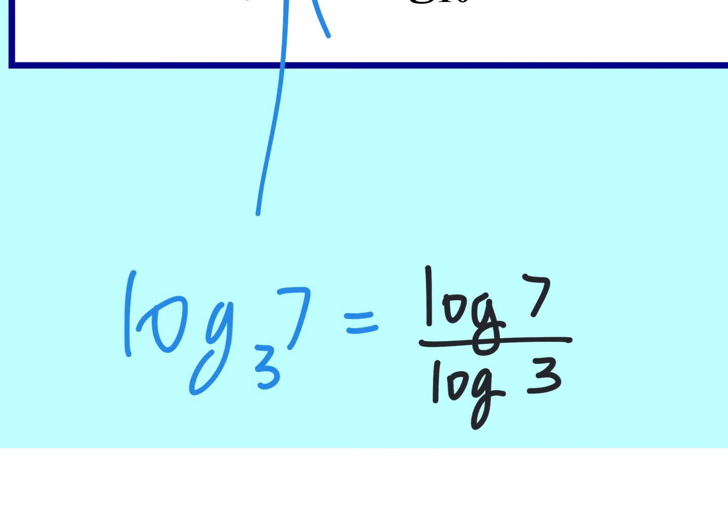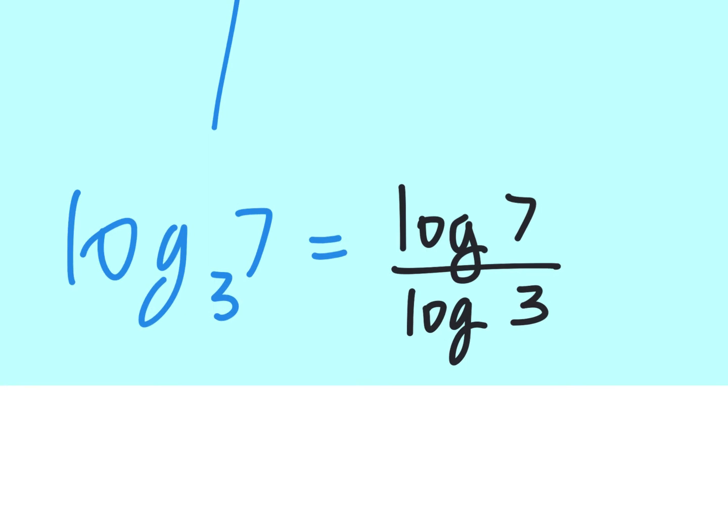What base would that naturally be? Base 10. So I have now changed this to a base 10. I didn't write the base because I didn't want to annoy you with extra little 10s, but do you get that that's now a base 10 problem, the one I wrote in black? Why would changing to base 10 be handy? Because you could put it in the calculator. If you have your graphing calculator,